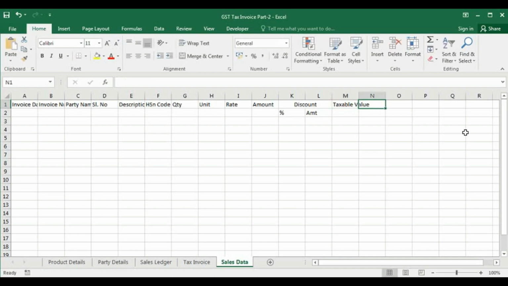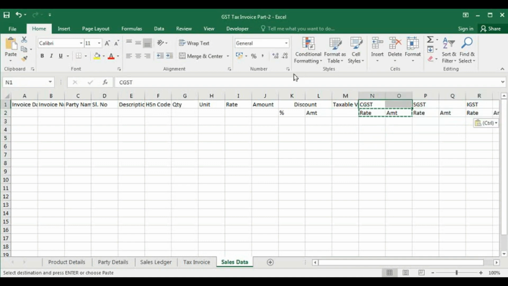after that CGST, SGST, IGST. So this will go here and this will go here, rate, amount, then copy them, paste.